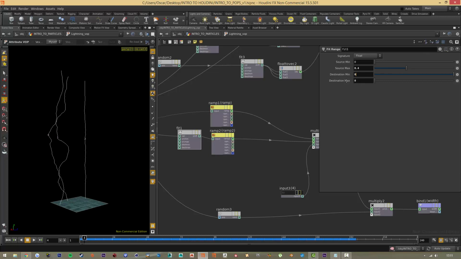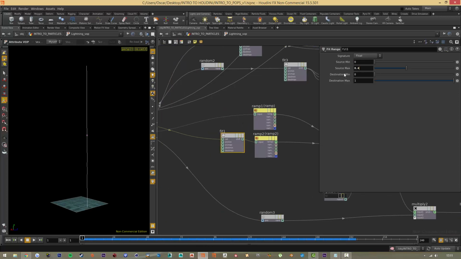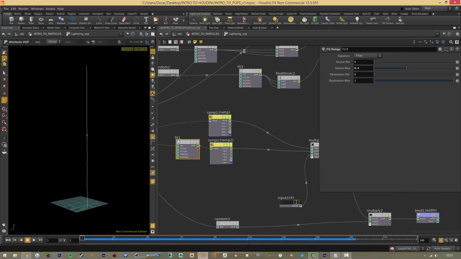Yeah, so we want to put these like this. The fit node is going to go from 0 to 0.4, which means that at age 0, the line is going to have 0 amplitude. We're going to multiply by this, so this whole thing is multiplied by 0. When the age reaches its maximum, which is 0.3, but I put 0.4, we're going to put 0.3, whatever, which means when we reach the maximum age, we're going to multiply everything here by 1. And that's how we can achieve these kind of growing amplitudes in our lines,